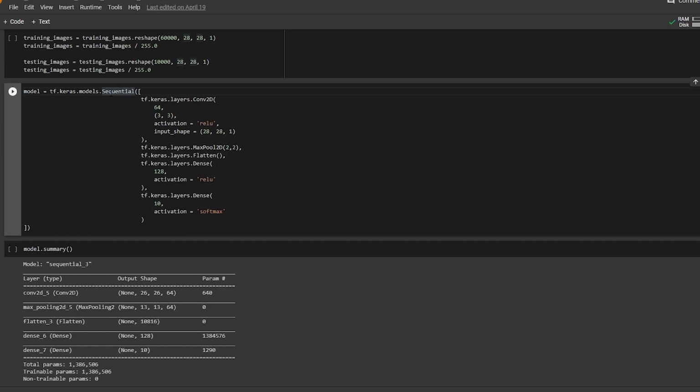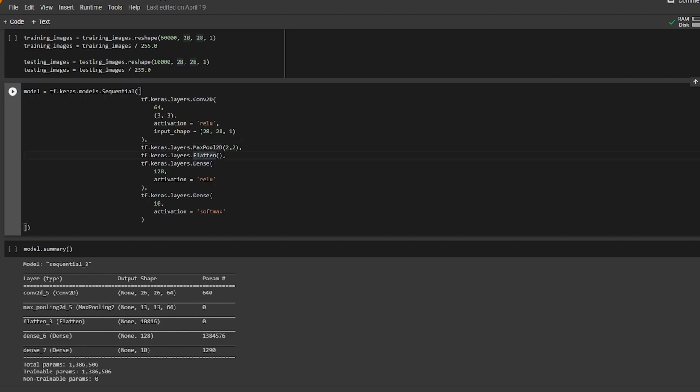Then I'm using a sequential model, which is a feed forward neural network, with a TF convolution layer where 64 filters of 3 by 3 are applied, and the activation is ReLU, so that after applying the non-linearity I get a very efficient image with activation values between 0 and 1. The input the network gets in the first convolution layer is 28 by 28 by 1, where 1 is for grayscale. After that, I'm applying a 2 by 2 max pool, which helps converge the algorithm, since it only collects the valuable information that is available.